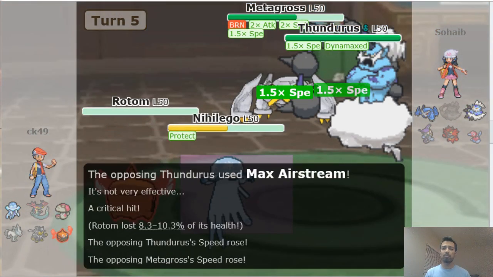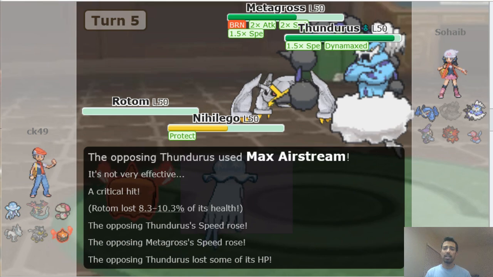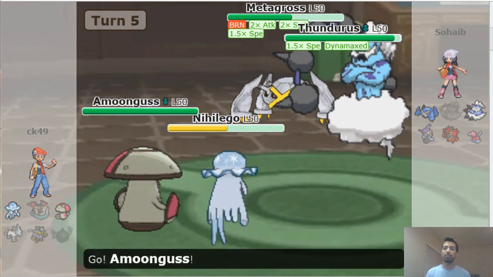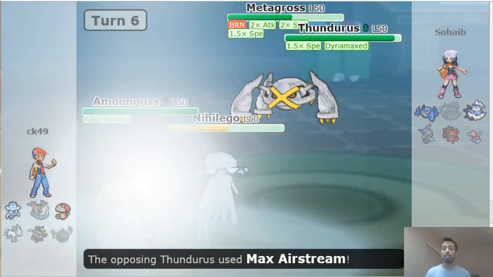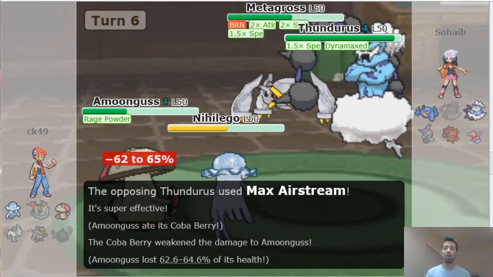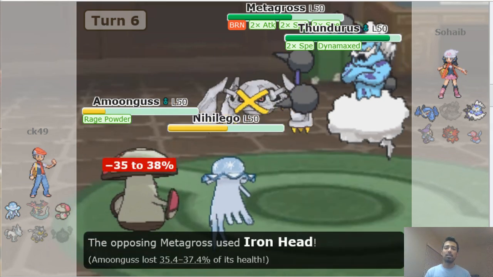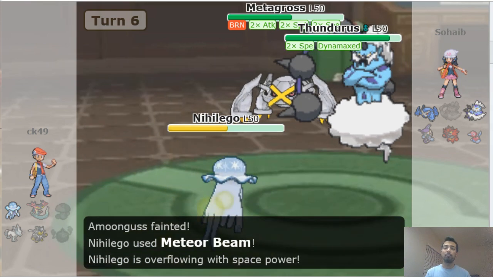They Airstream the Rotom to knock it out, and then they go for an Iron Head into our Protect. Maybe, just maybe, Nihilego can still do this. Amoonguss comes in and goes for a Rage Powder, and tanks an Airstream with its Coba Berry, but then, unfortunately, faints to the Iron Head, as Meteor Beam gets to charge up on a special attack, but doesn't quite KO